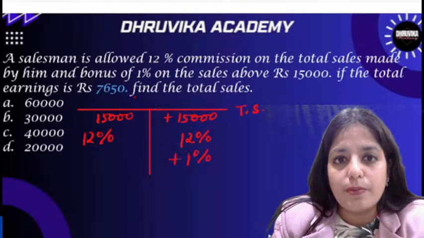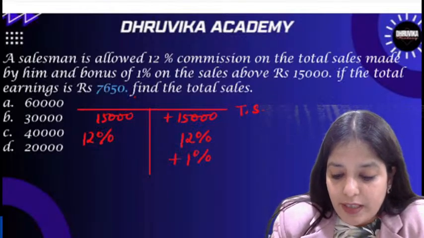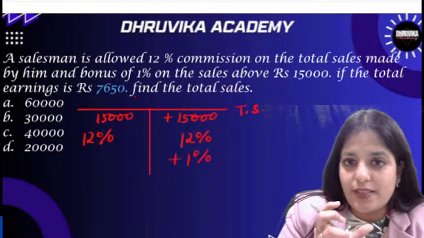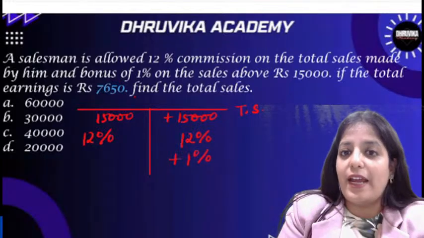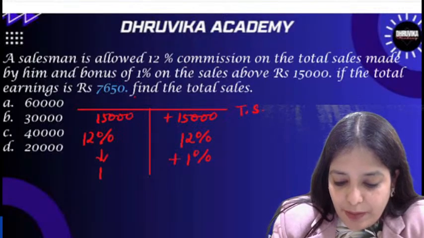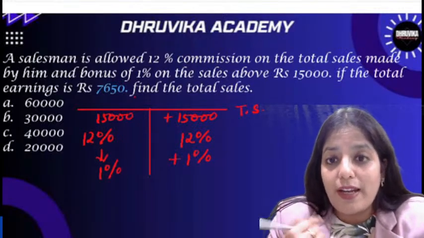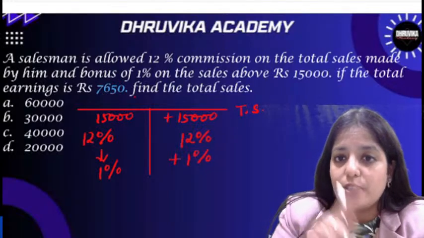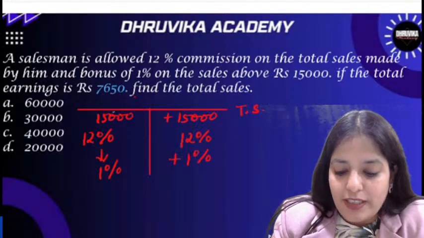Yes or no? By what amount will it increase? The only difference between the information given and my assumption is that I am not getting that 1% here, right? So if I assume that I am getting 13% on the total sales,